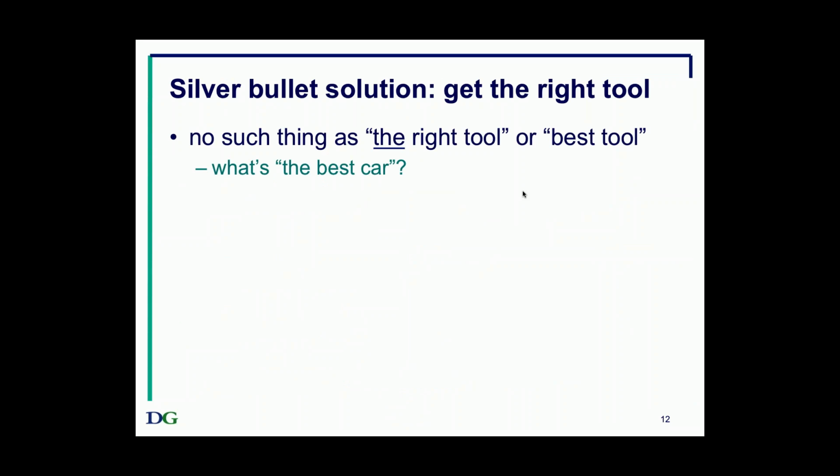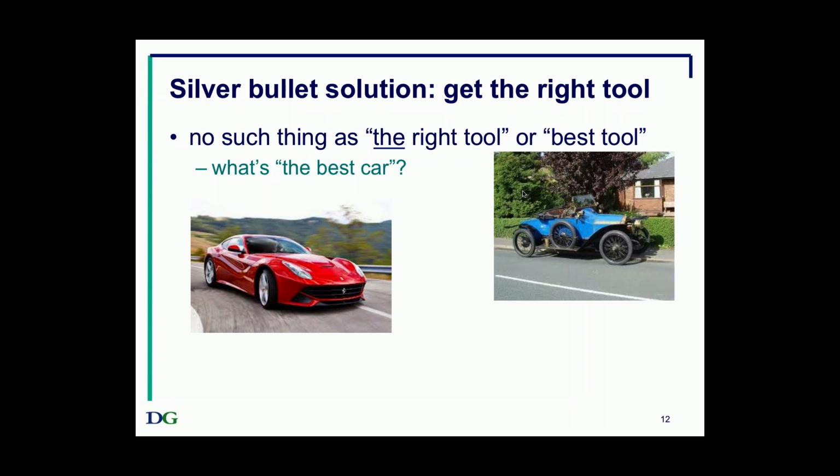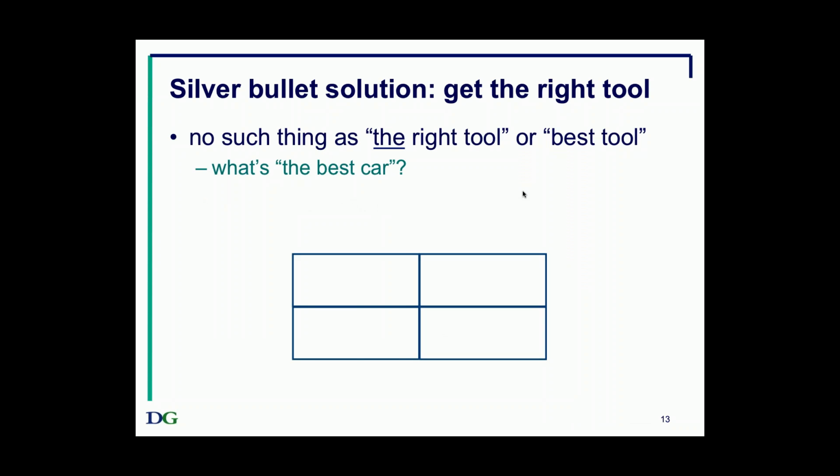Are you picturing something like this, perhaps? I dare say some of you are. Now, my son-in-law is a classic car buff, so for him, maybe that would be the best car. But if you've got 4 children and 2 dogs, neither of those is going to be a very good option as a family car. You're looking for something like this, right? So what's the best car? Well, of course, it depends on what your objectives are, and that's also true for automation.